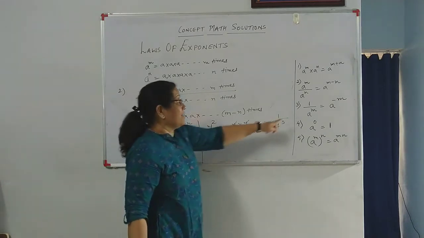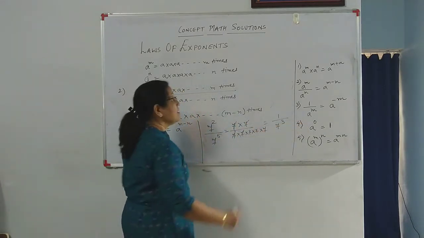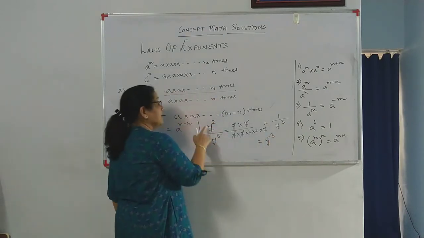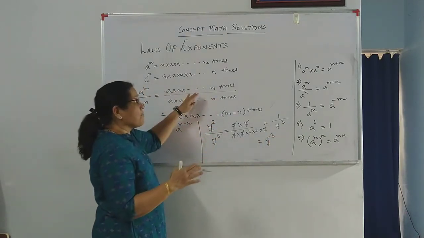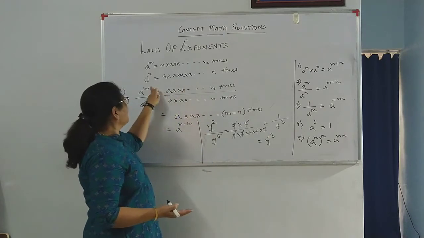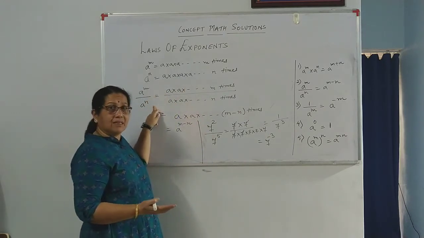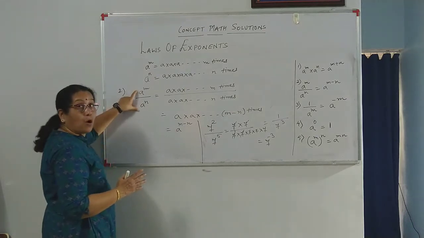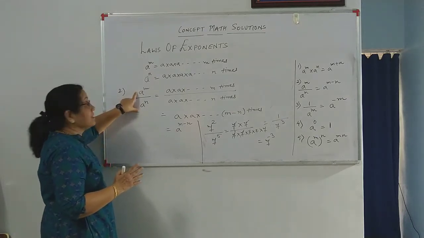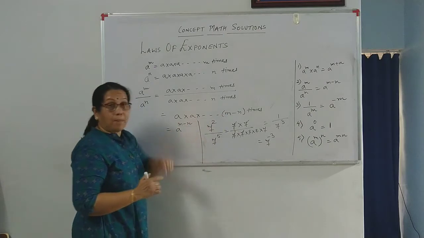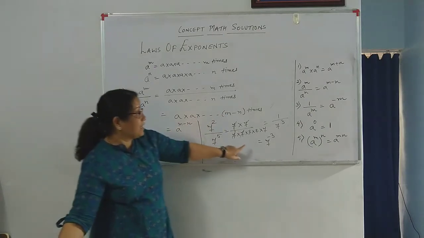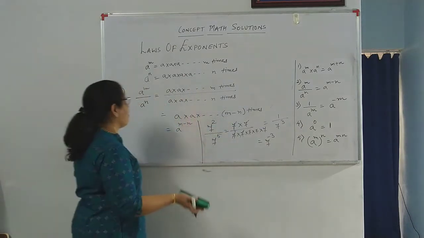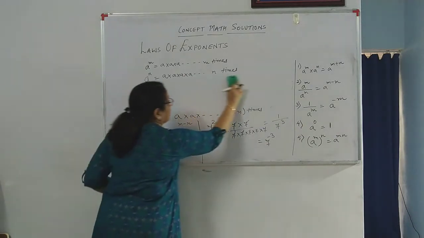Yes? And that is our next law which we are going to learn. That will give you 7 to the power minus 3. Right? That is, this law applies whether m is larger or n is larger. It still stands correct. That is, if you have division of equal bases, then we subtract the power. Yes, I am keeping this as it is because we will come back to this when we discuss the third law. That's the second law which we have discussed.